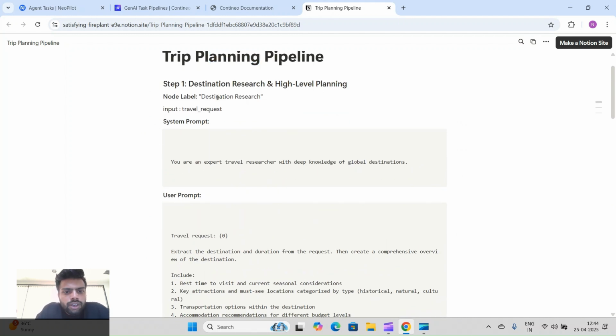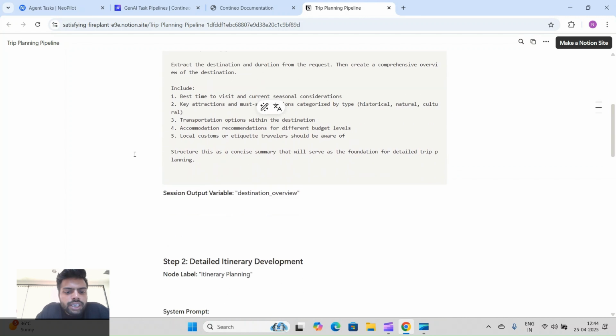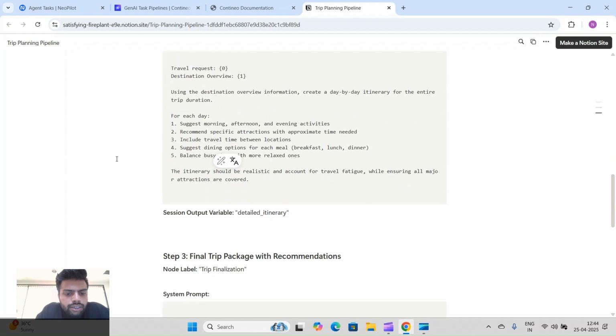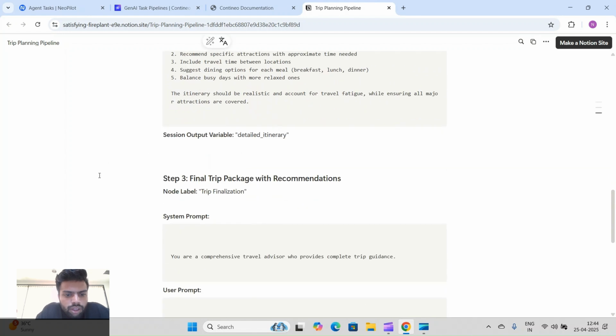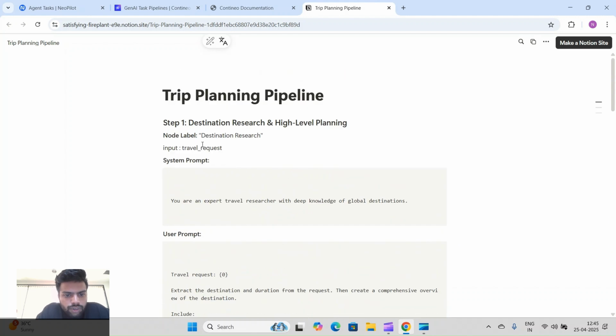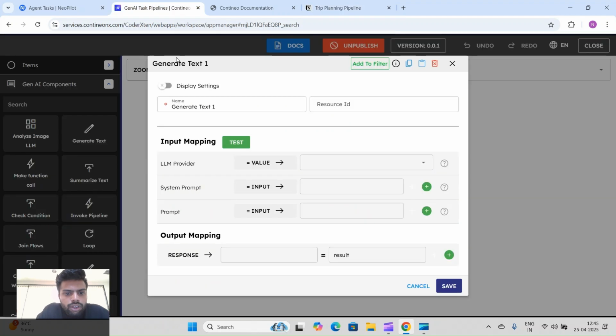In the first step, we will do destination research with our LLM call. Then in the second step, we will do itinerary planning. And in our third LLM call, we will do final itinerary finalization. First we will take this name and give it to our block.